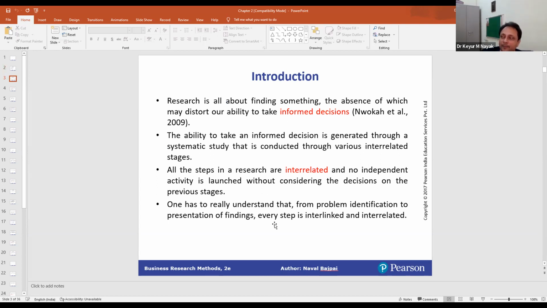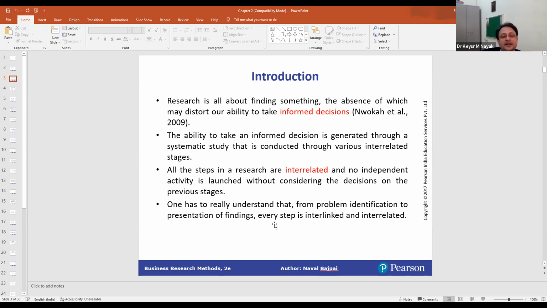And if we can find out such things, then we can take informed decisions. It's the ability to take informed decisions through a systematic study. So research is a systematic study to take informed decisions